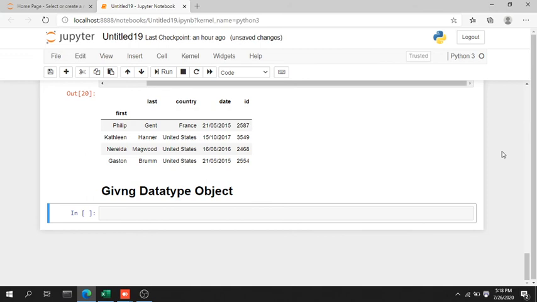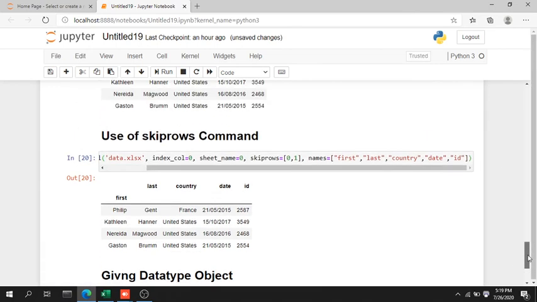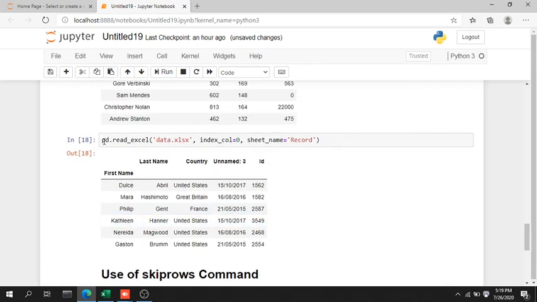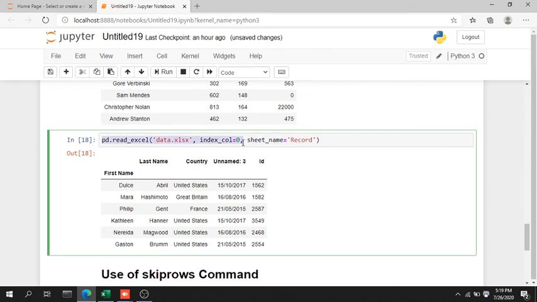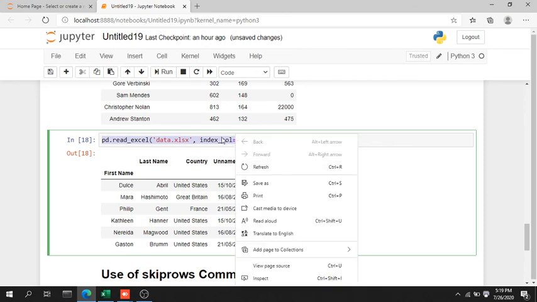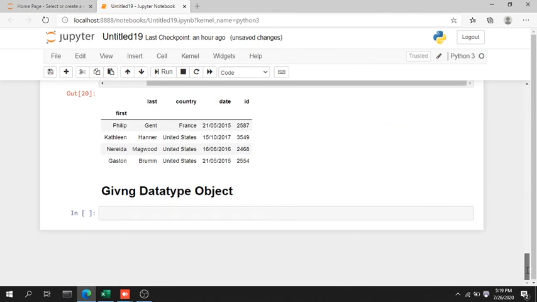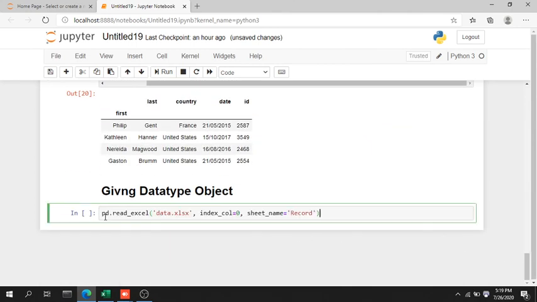So here let me show you one more important thing, that we can also grab all this data into one particular variable which is of the data type DataFrame object. So let me just copy some of the data from above, copy it from here, and paste it over here.